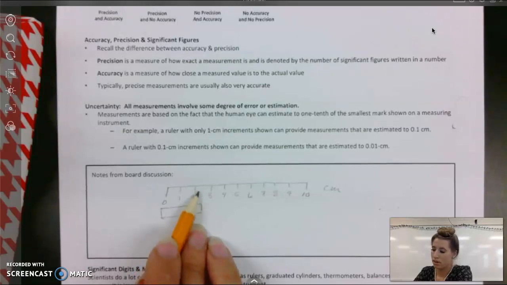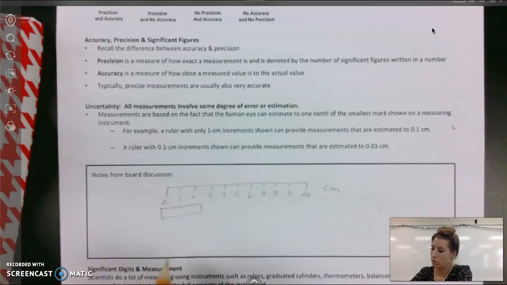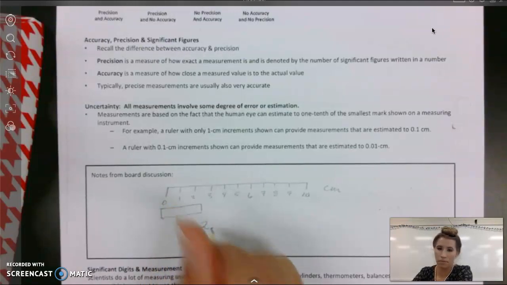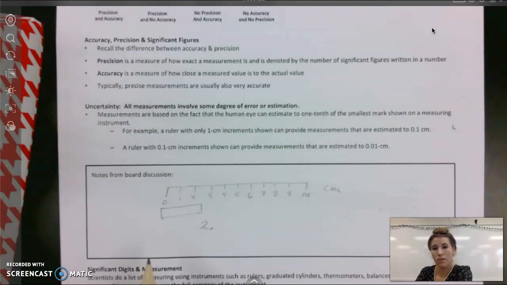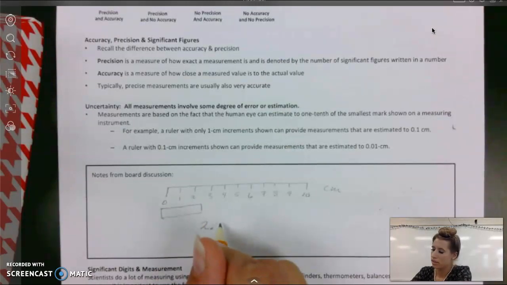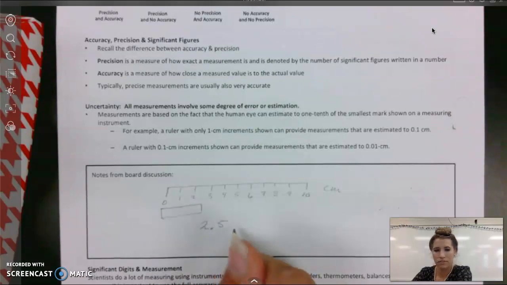But now I'm in between calibration marks, so I'm no longer certain at this point. So I was certain that the object is 2 centimeters, but now I'm going to make an estimation between the smallest calibration marks, and I'm going to say that's halfway in between, so I'd say that's 2.5